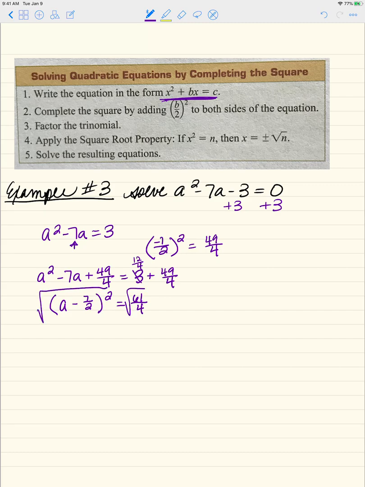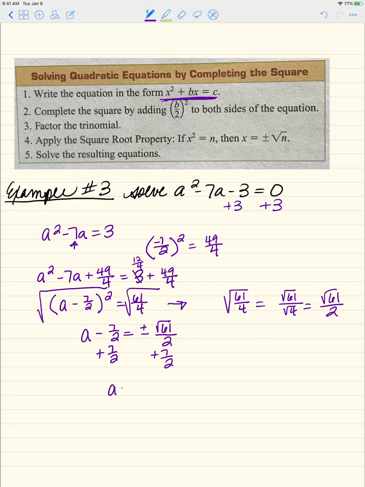Take the square root of both sides. That gives me a minus 7 over 2 is equal to plus or minus the square root of 61 over 2. Where did that come from? Square root of 61 over 4 is equal to the square root of 61 over the square root of 4, which is the square root of 61 over 2. Okay, so a minus 7 halves is equal to plus or minus the square root of 61 over 2. Add 7 over 2